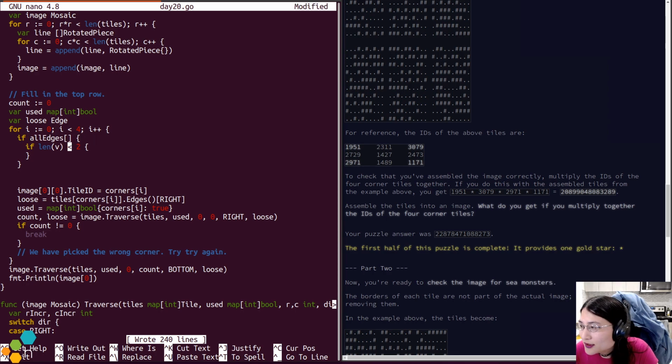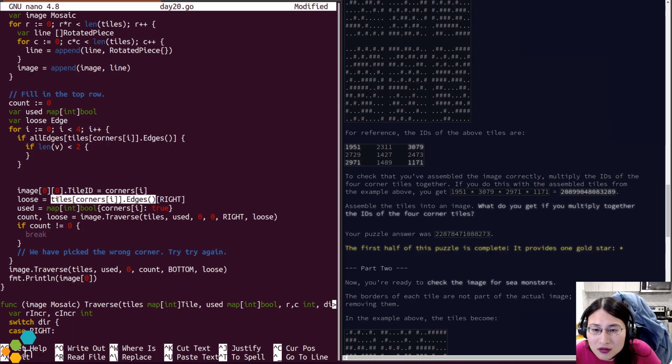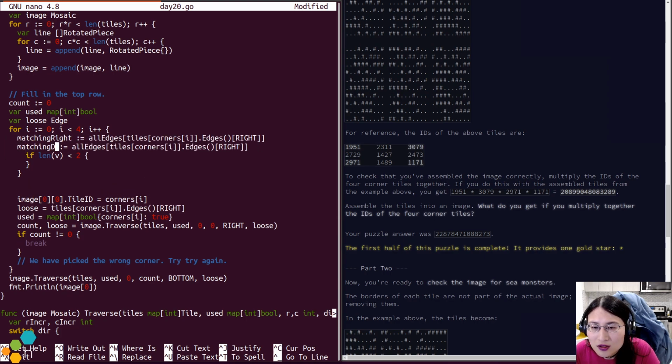So if all edges matching right and matching down.